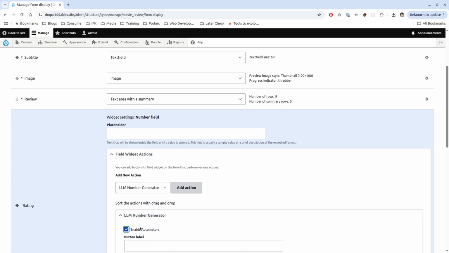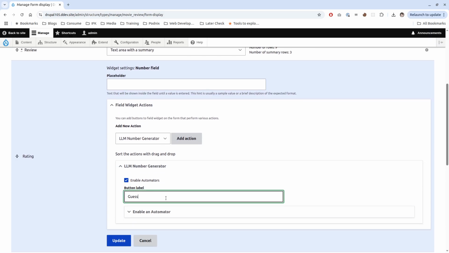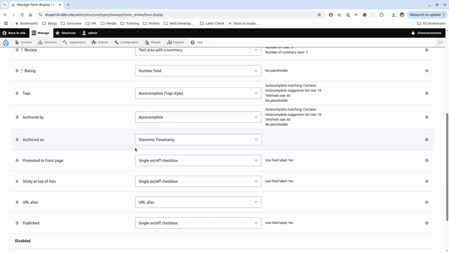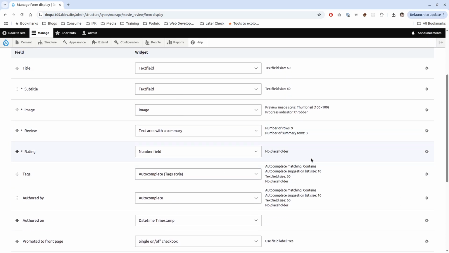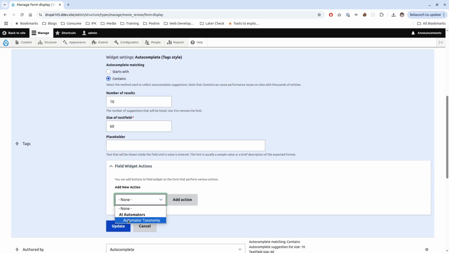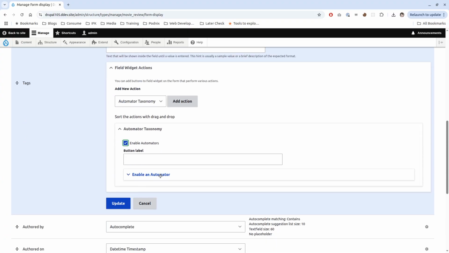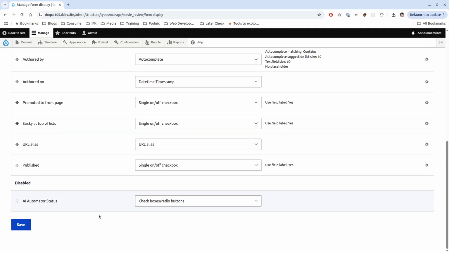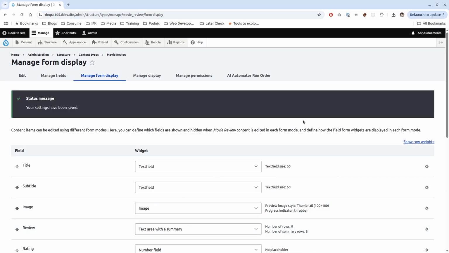Number generator, enable, guess a rating, and you can probably think of an actual useful use case for the integer field. I hope I just took something you should not really do. So we're enabling generate pick tags, and click update, and we're gonna save this, and